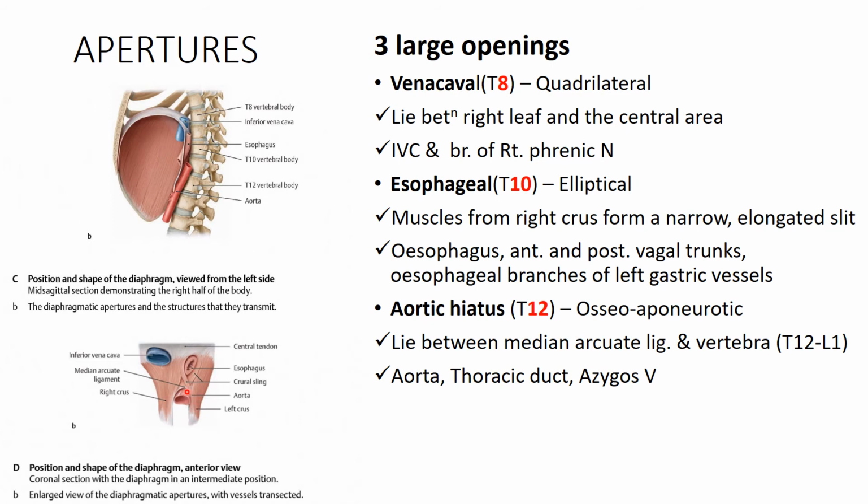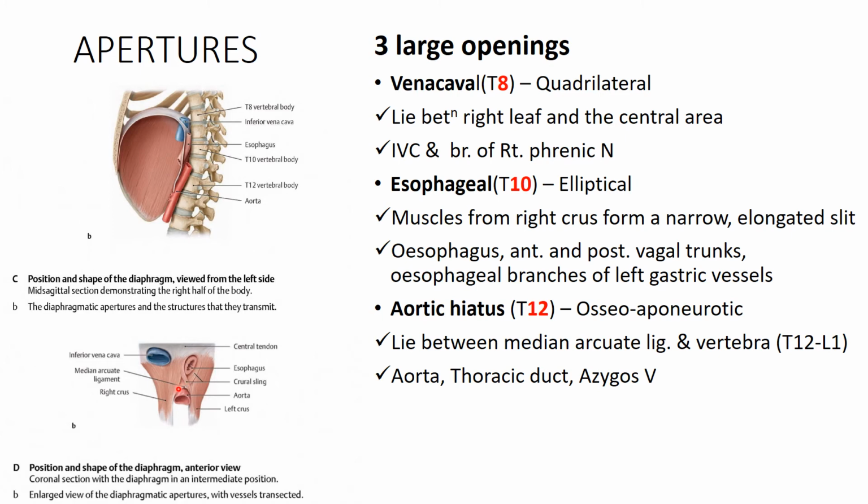On both sides are the right and left crura, and anteriorly is the median arcuate ligament. So it is bounded like this, and since it is osseoaponeurotic, it is always patent. There is no change in caliber whatsoever because of the contraction of the diaphragm,